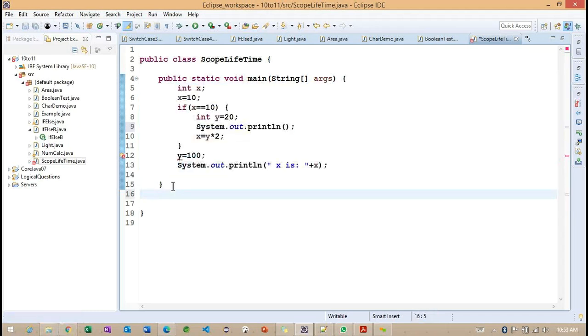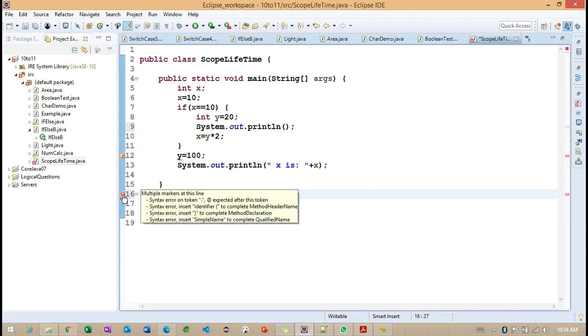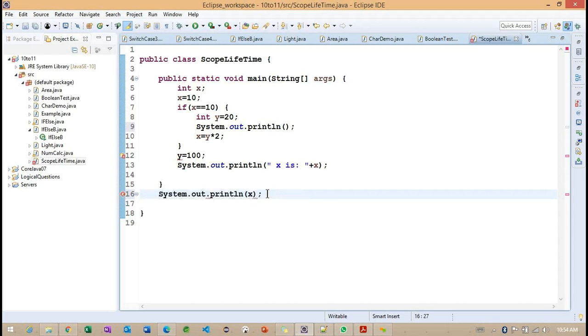Getting the point. And if I define another variable inside this main method, let's see. I want to access this particular x here, and basically we get two errors. So outside of this main method we cannot use it. We want to use this sysout within the scope of the method or block.